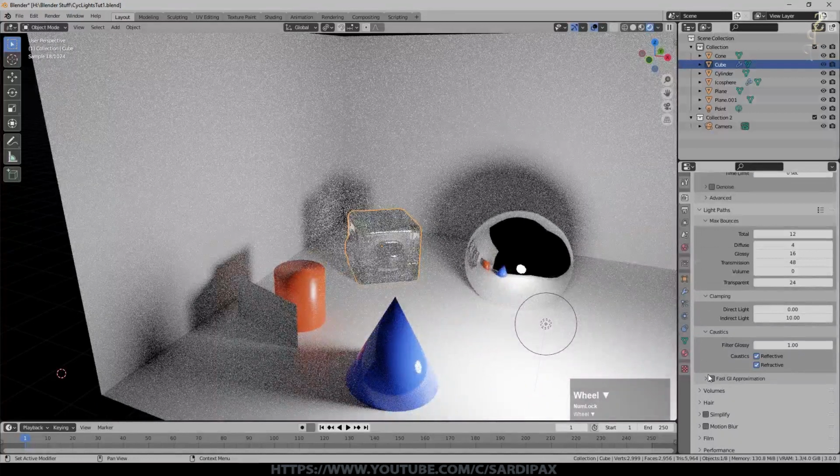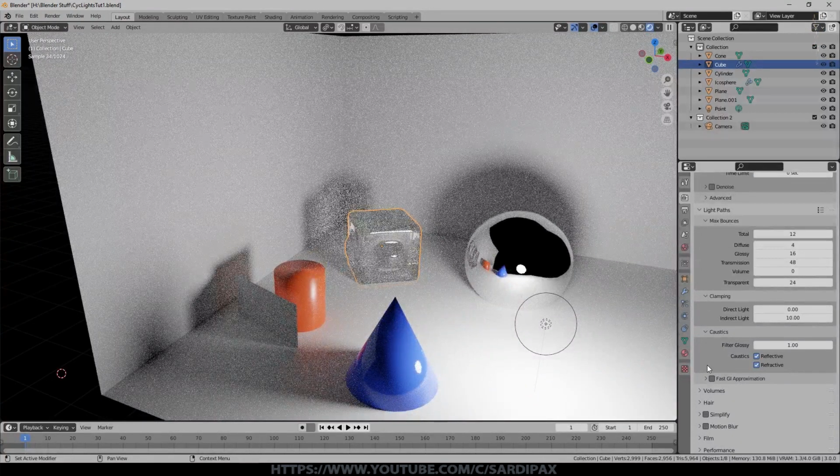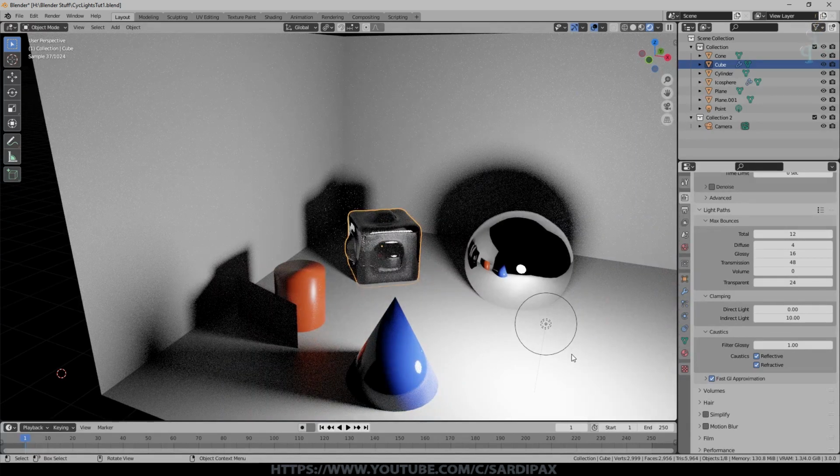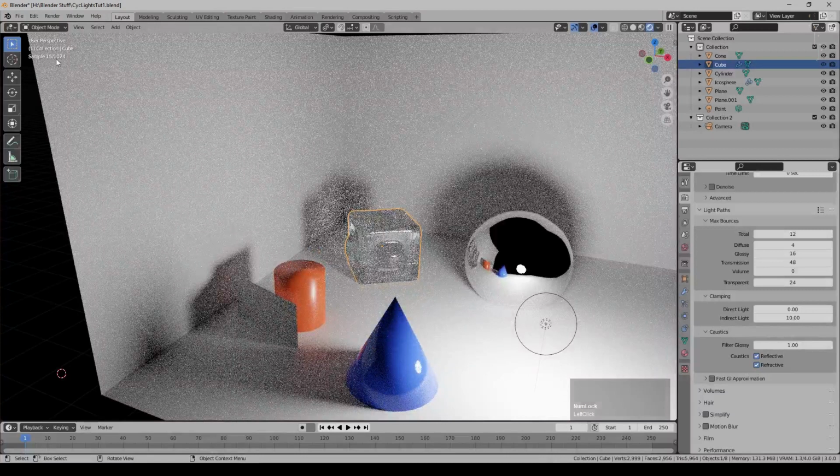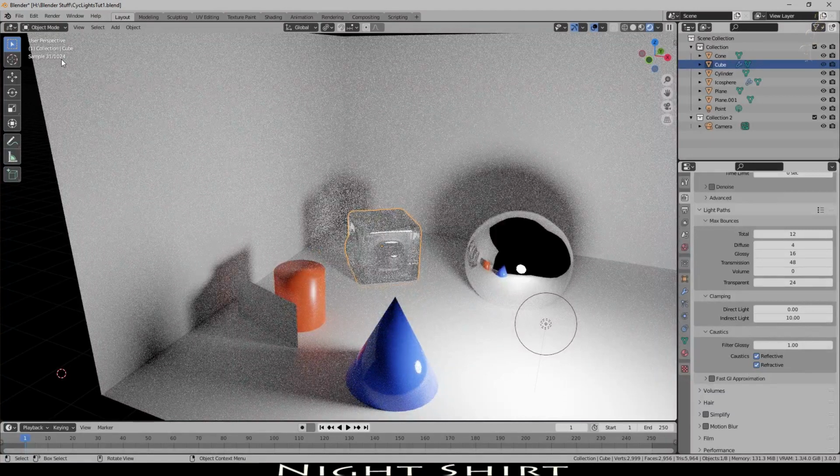This is a relatively new addition. Fast GI approximation is global illumination. So this is sort of going a little way toward making Cycles work a bit more like a non-physically based render engine. So if I click this, you can see we've lost all of our reflective and refractive caustics. We've got a scene which renders much more quickly, but it's still a Cycles scene. So you can still see there is a certain amount of noise back there. You can see up here the samples shooting up to 1000, it's done. If I turn that off, you can see the samples are going up much more slowly now.